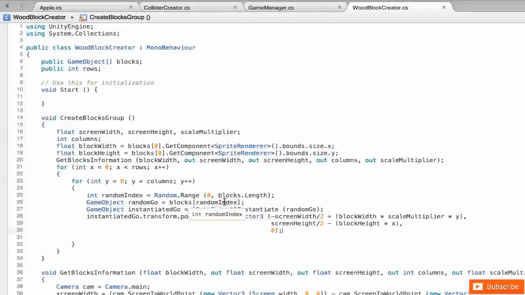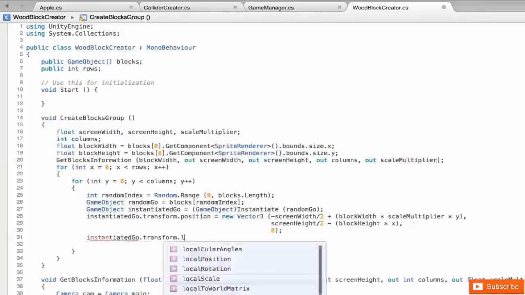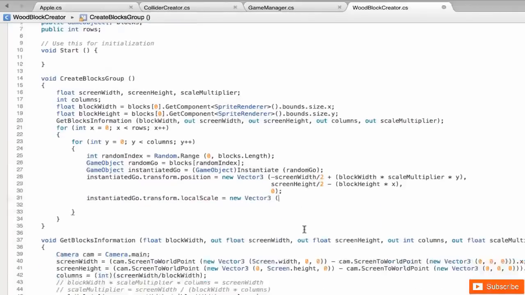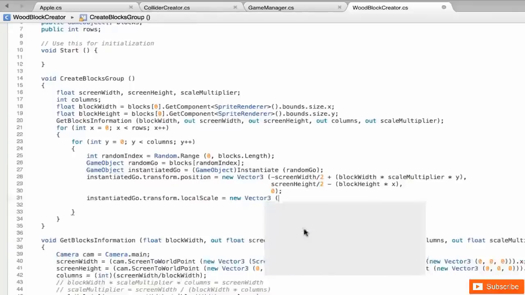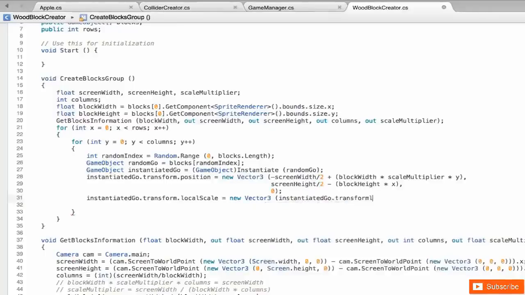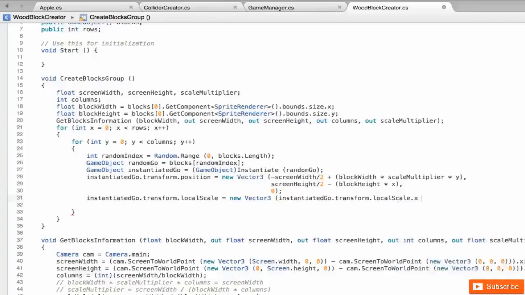And we're not done yet. We need to take into consideration that we are possibly changing the scale of this element. And this is given by this scale multiplier. So we need to change the scale of this element. So the instantiated geo.transform.localScale will also receive a new Vector3. And for x, we want to change its width. So it's going to be whatever the value it is right now, instantiated geo.transform.localScale.x, but times the scale multiplier,